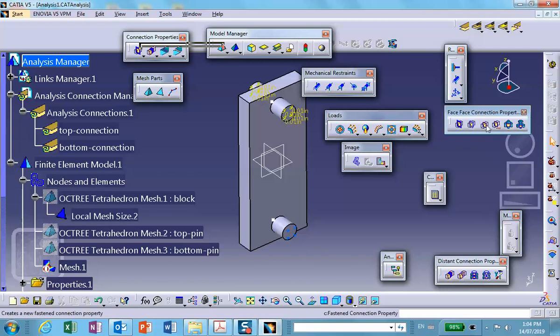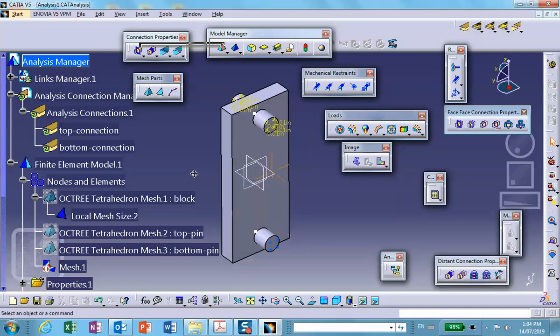Fasten means that as if these two pieces, the pin and the hole of the block, were glued together or welded together. If that is not the case, in other words, they're just inserted so that they can establish contact between them, and there may be gaps developing after loading, then you call it contact. So contact, this is the second one from the left, this is going to be contact,